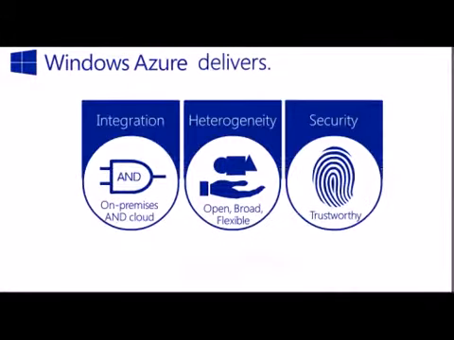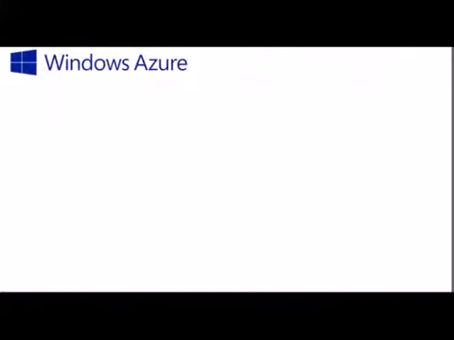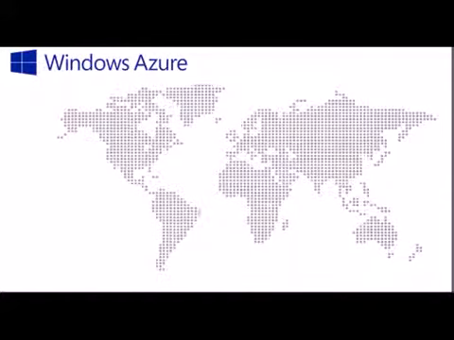So hopefully, and this is a very brief introduction for today, that shows some of the ready-by-design principles that Azure delivers on, having those core pillars. Azure enables this through a global series of data centers, and you'll see that these are paired. For example, here in Northern Europe, we have a data center in Ireland and one in Amsterdam, and this is paired for redundancy.